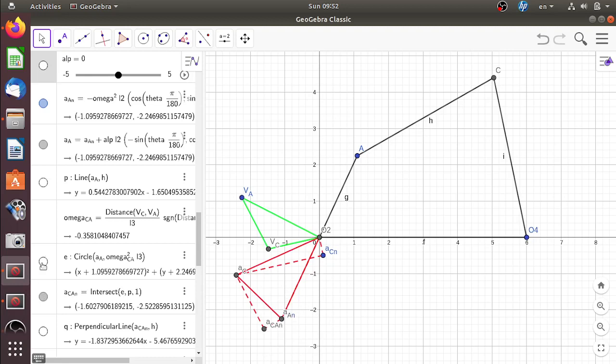I think I have drawn this circle because I do not know. This line is parallel to this line to represent the direction of this component, and this circle represents the magnitude of that component. Where this circle and this line intersect, at this point, I choose that point. Why have I chosen this point? Because it goes from C to A. But that's not the only way to identify this point.